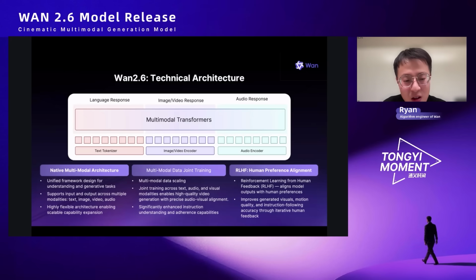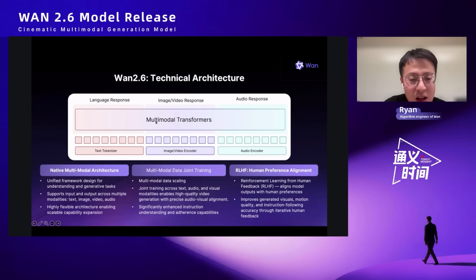And behind all these cool features, Wan 2.6 is built on strong and modern model design. First, it is a native multimodal architecture. We use one unified framework design for understanding and generative tasks. It supports input and outputs across multiple modalities, including text, image, video, and audio.